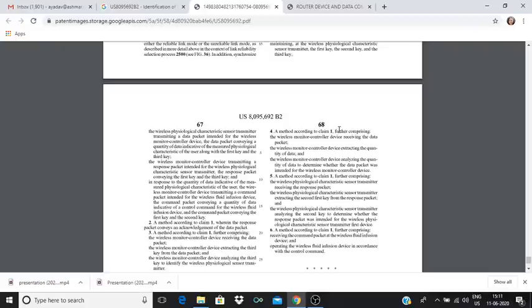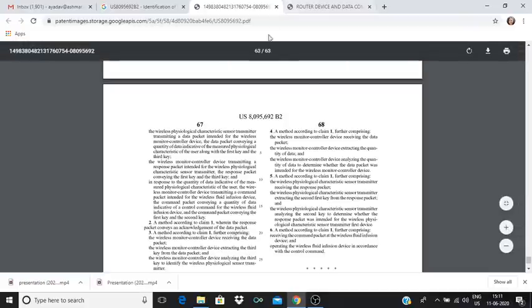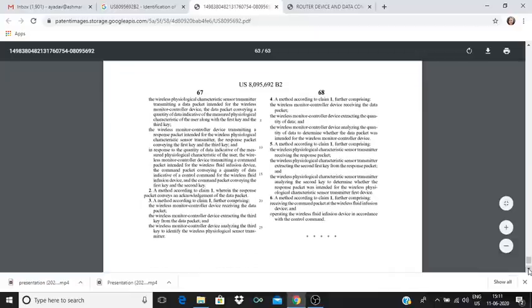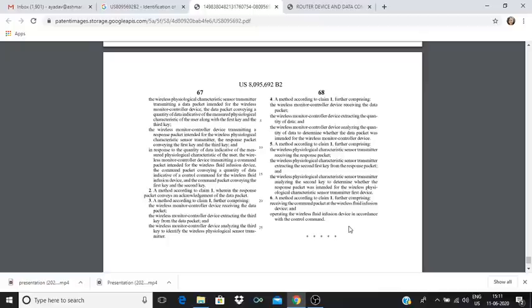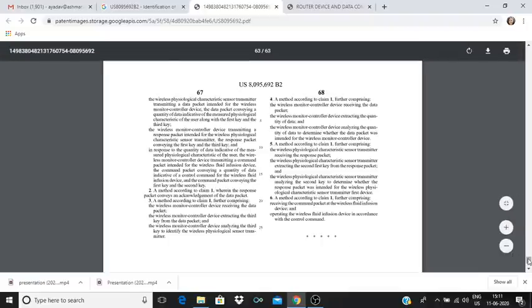See, this is the entire specification, which is so many pages, I think 63 pages, and you just have 3 granted claims, in which all the claims are dependent on claim 1. So claim 1 is an independent claim, and claims 2, 3, 4, 5, 6 are dependent claims, which further explain whatever is there in claim 1. So these 6 are the total number of claims in this particular patent document.